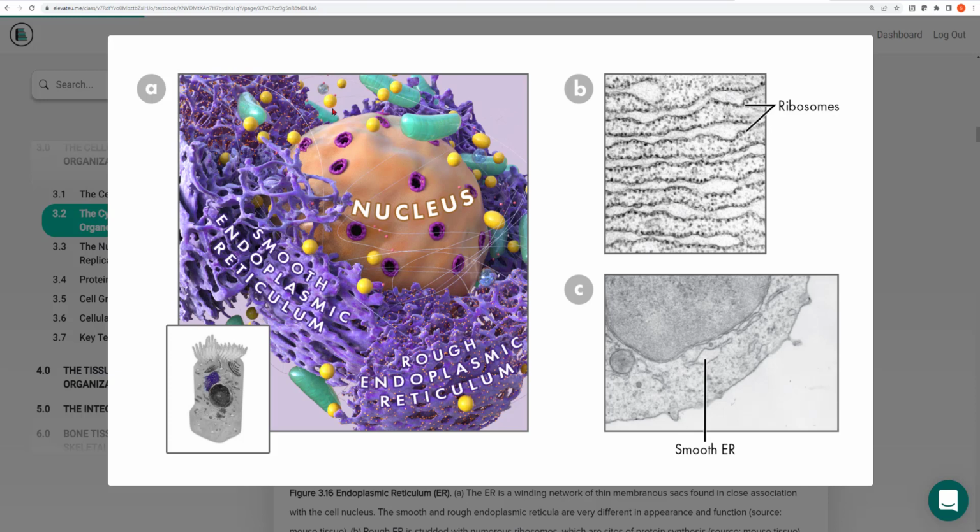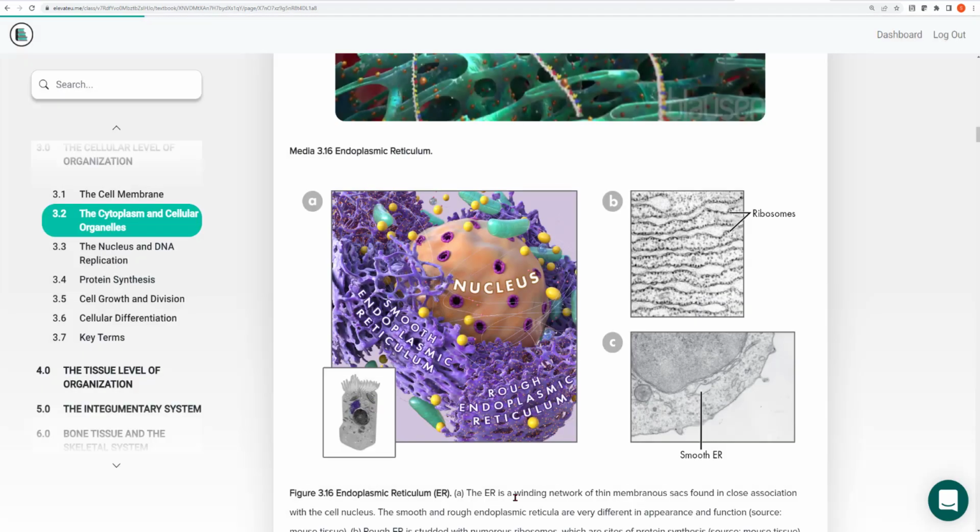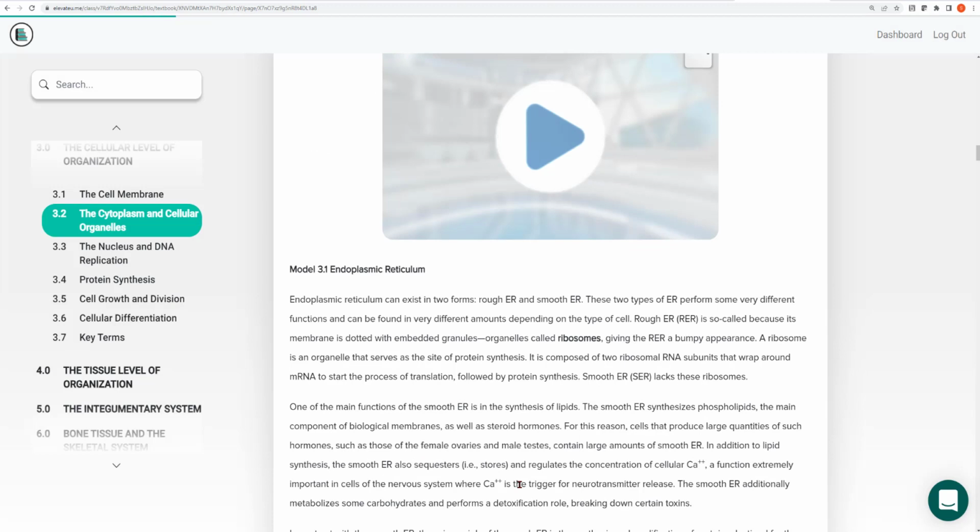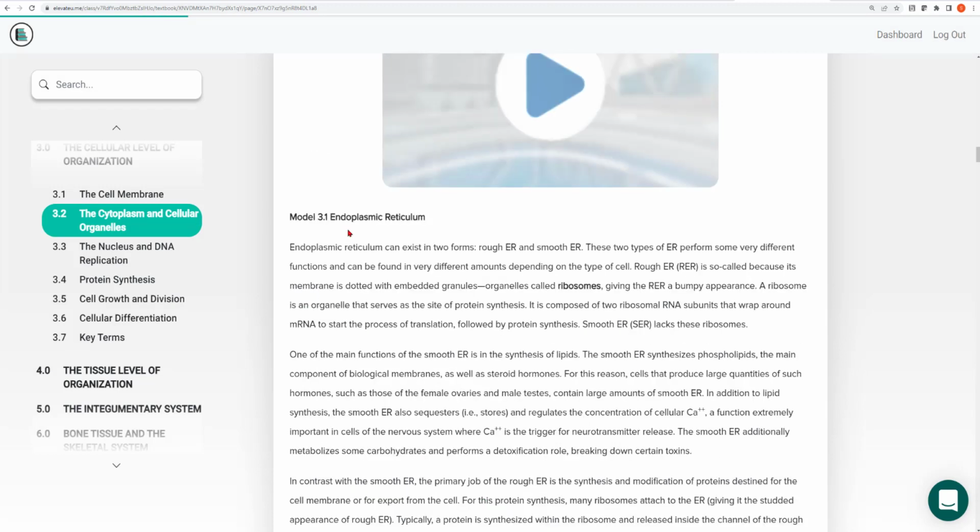Here's the nucleus in our picture, and these green organelles are the mitochondria. Notice the nucleus has these large pores. We'll understand why those pores are there in a moment. Again, the endoplasmic reticulum, specifically the rough endoplasmic reticulum, is coated with ribosomes. Those ribosomes give the rough ER a bumpy appearance, hence its name, the rough ER. The ribosomes are the organelle that does the protein synthesis. We'll be talking about protein synthesis in the next presentation.